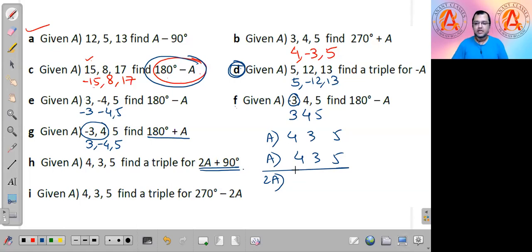So 2A you are telling this is 16 and this is 9. So 7, 12. How do you get 12? Not 12. 12 and 12, 24. 7, 24, 25. Yes, 7, 24, 25. Now take 7, 24, 25 and add the 90 degree, 0, 1, 1. You can do that now.